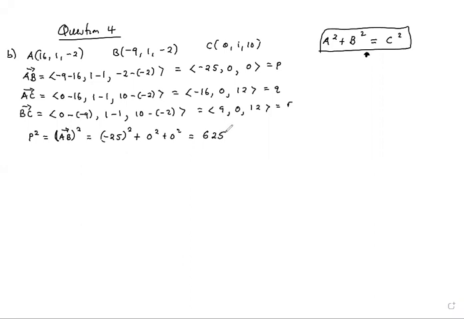Then Q squared is going to be AC squared, which is negative 16 squared plus 0 squared plus 12